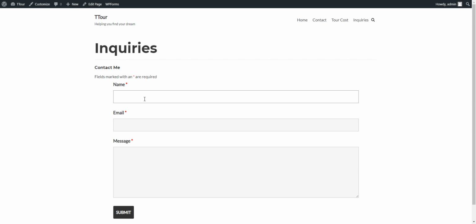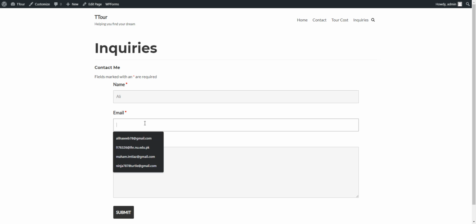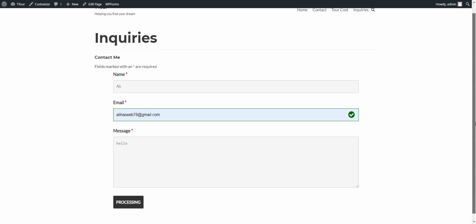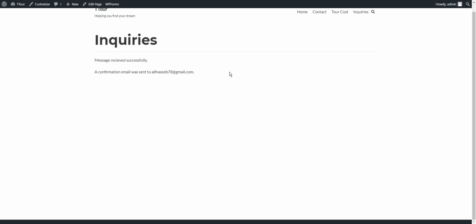So the person will enter his or her name, the email address, and a certain message. When I click on the submit button, it will inform the person that his or her message has been conveyed and received properly. So there you can see this.